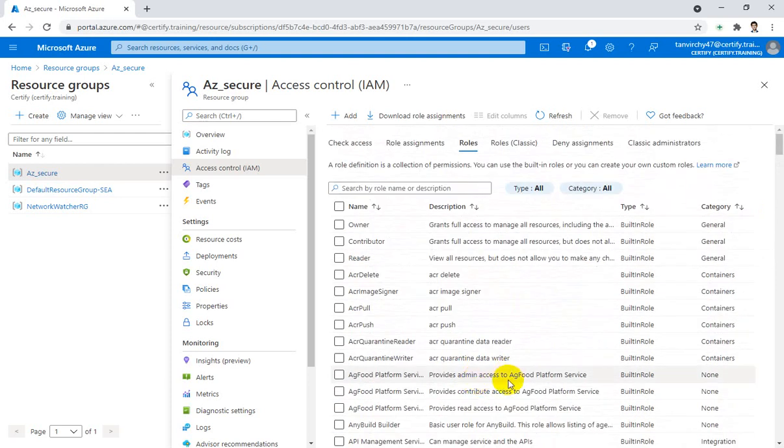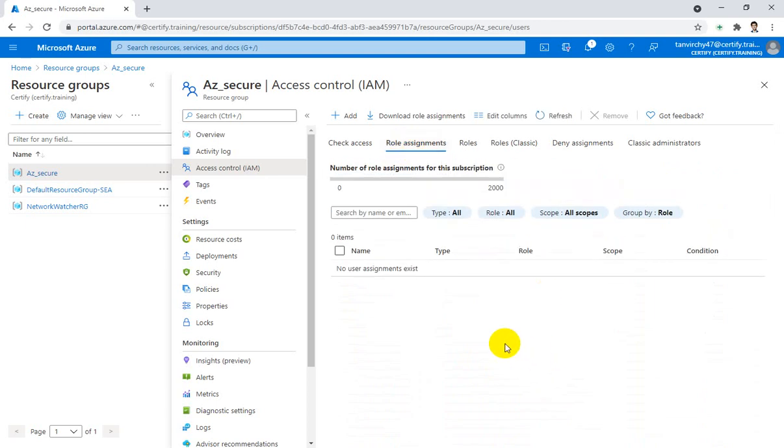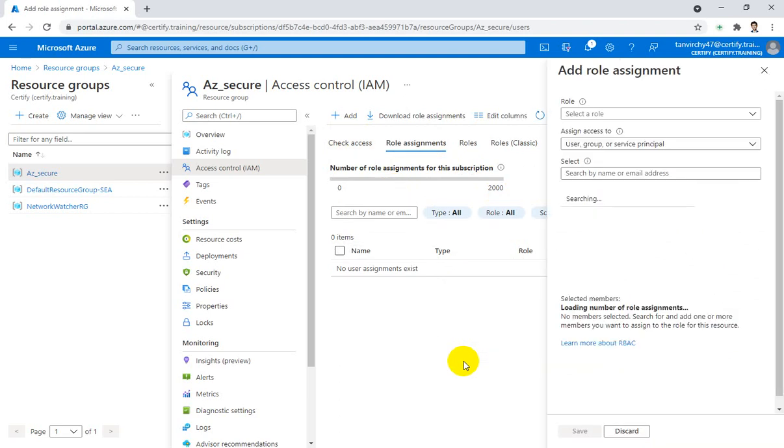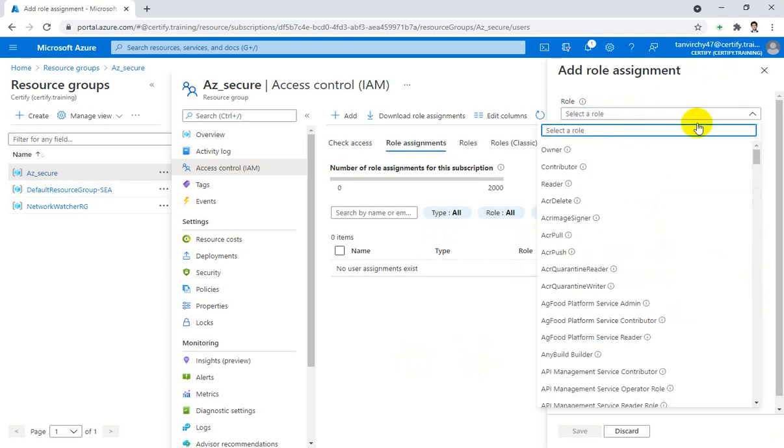Okay, now our task is to assign a role. So we have to go to another tab, that is role assignment. In role assignment we have to go to this add section and add role assignment. After that our role assignment taskbar will come. Then we have to choose our role. We can choose from this, using the search bar,